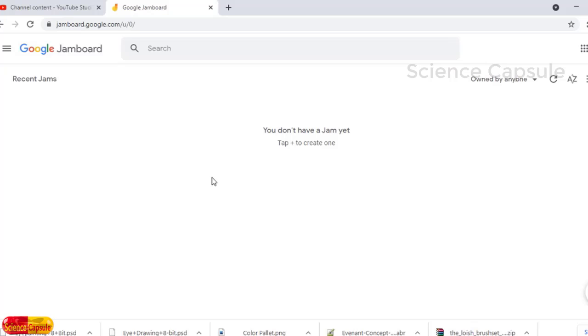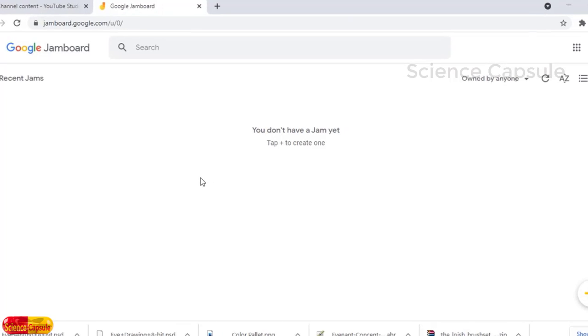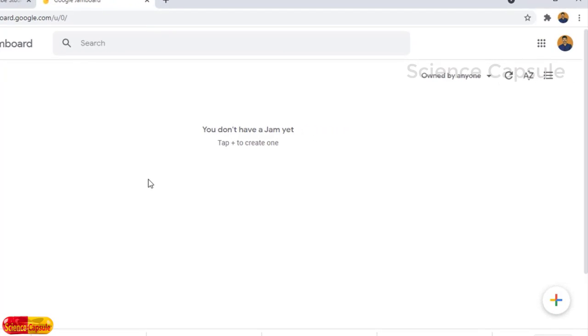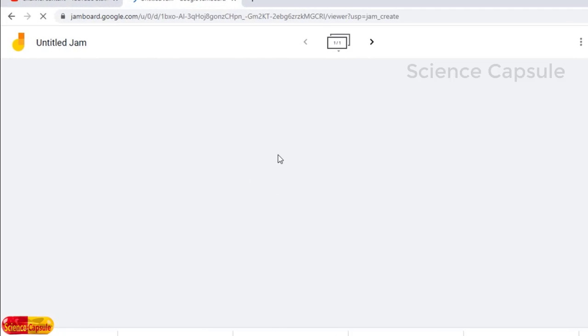Since Jamboard is one of the very effective tools in the teaching learning process, which can directly be shared and used in Google Meet, let us see step by step in detail. So watch till the end of this video so that you will have enough grip on using Google Jamboard. The first thing you have to do is click on the plus button. When you click here, then a new Jamboard will be opened. Let us see what the various options are and how to use each option effectively.